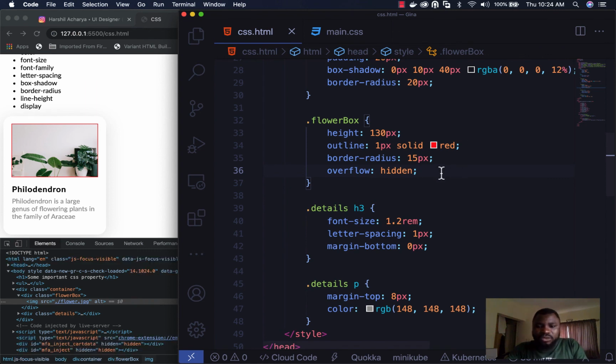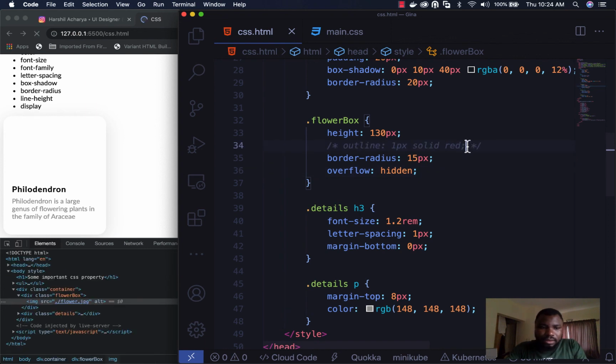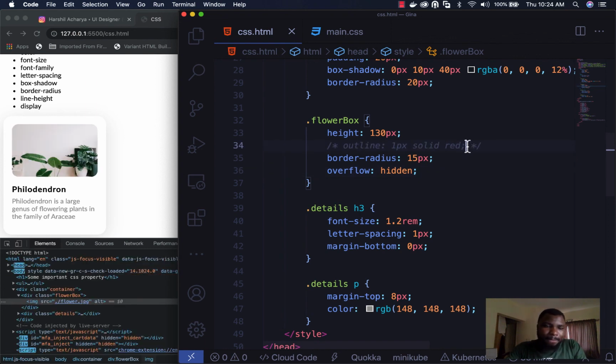For us to be able to see how curvy it is, let's take out this guy. As you can see, it's looking curvy. That is what I want to have, so I will leave it that way. All right, now our card is already looking dope. So the next thing we want to do,